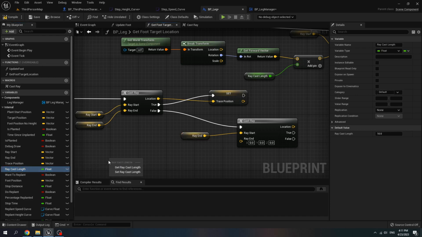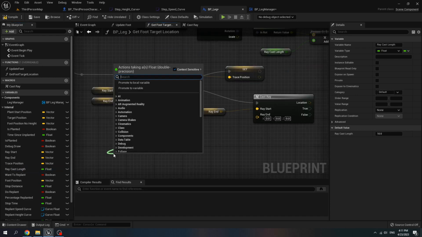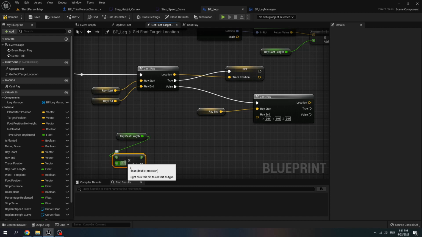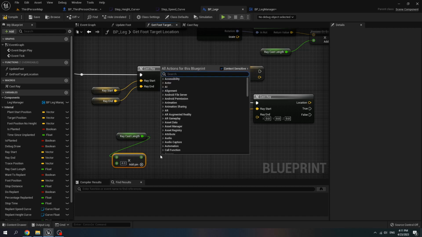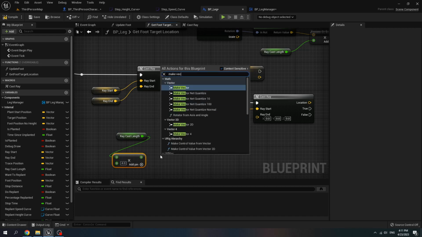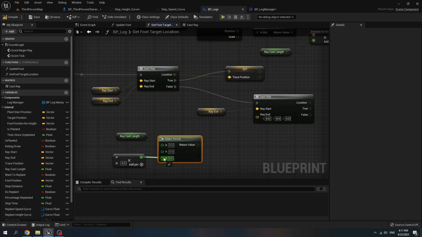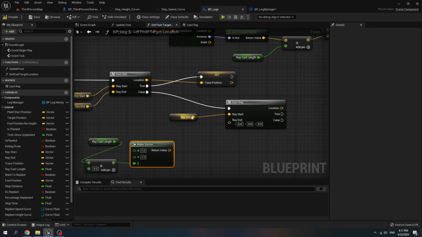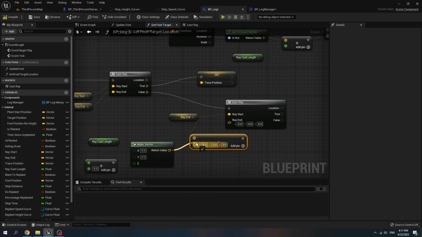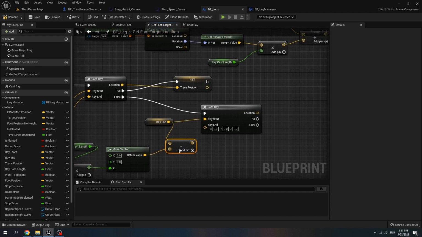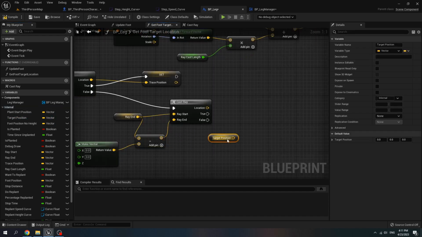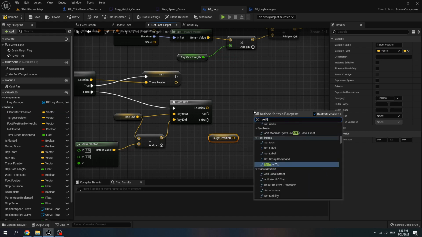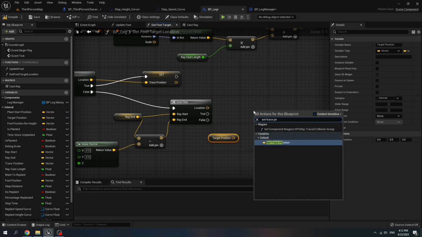Get ray cast length, multiply it with 4. Right click, make vector, connect it to that vector and get ray add, subtract it with the vector. Connect it to ray add. Get target position, set trace position.